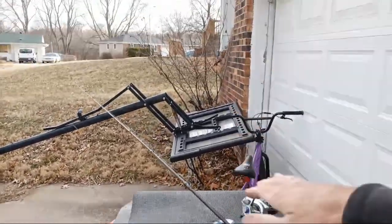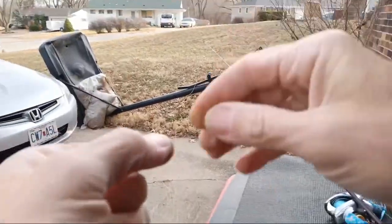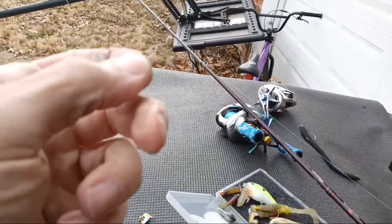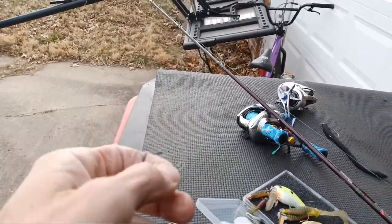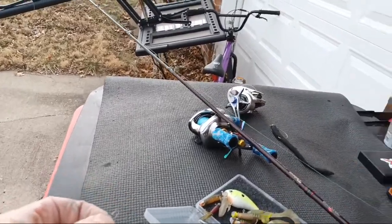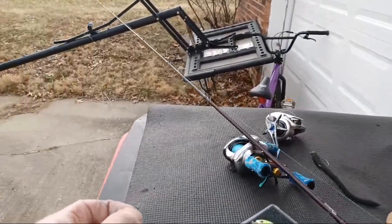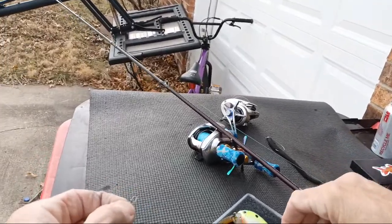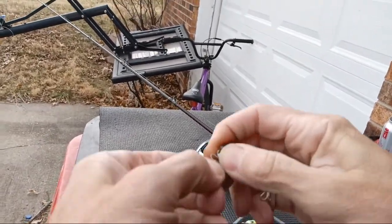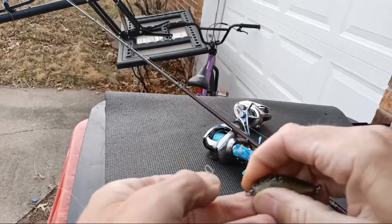Now, I'll have to put on one of these reels and test it with today's wind to see where it's at if I wanted to do a true comparison, but we're just going to jump in with a couple other baits just to see, because this bait, I think I lost my 4 gram bait. This is 6 gram. I probably hit the house with this thing. So I'm just going to put on a bait that should be easy to cast and